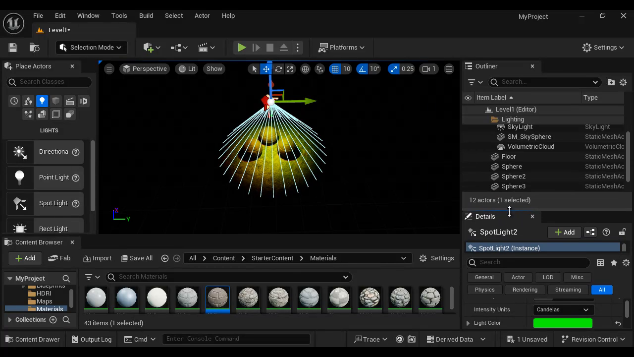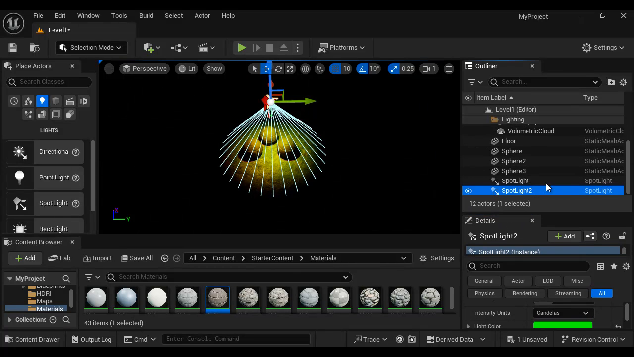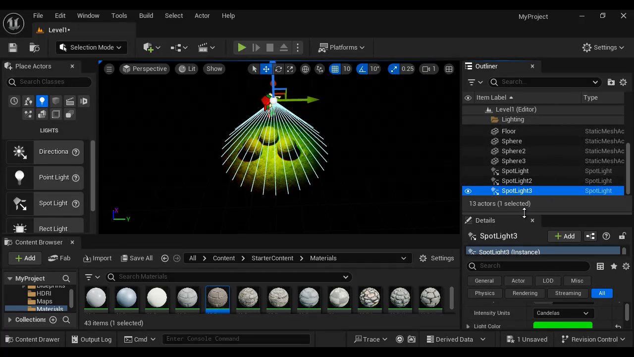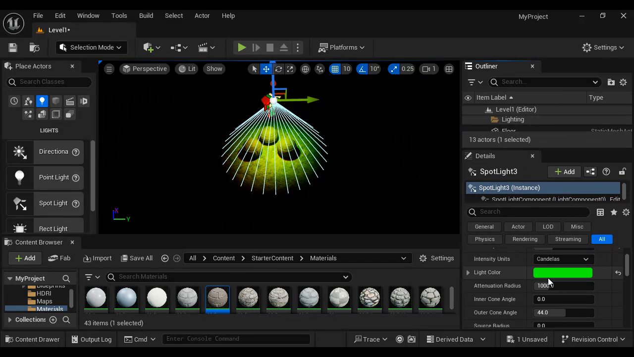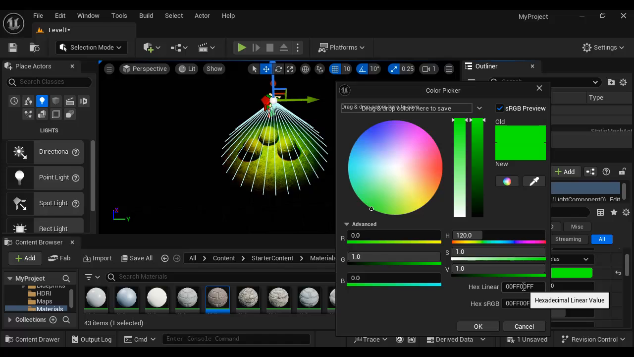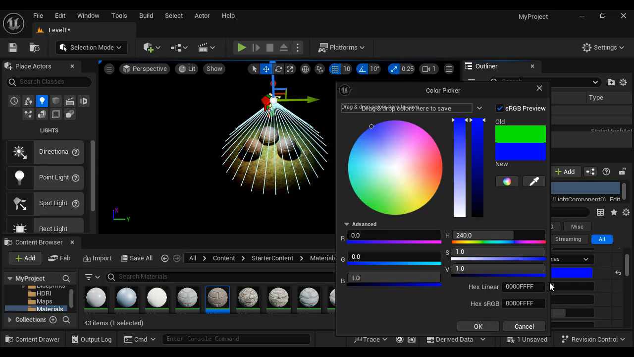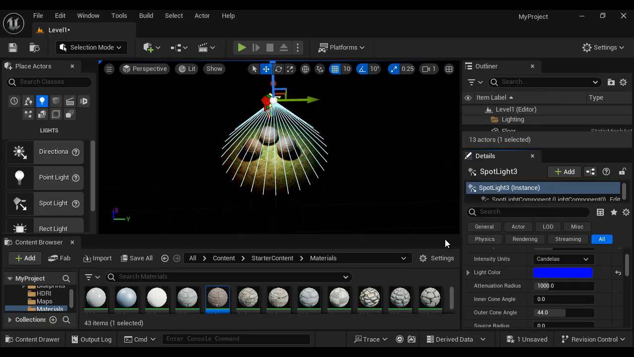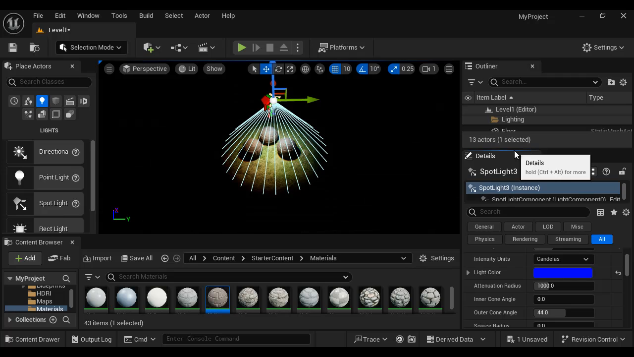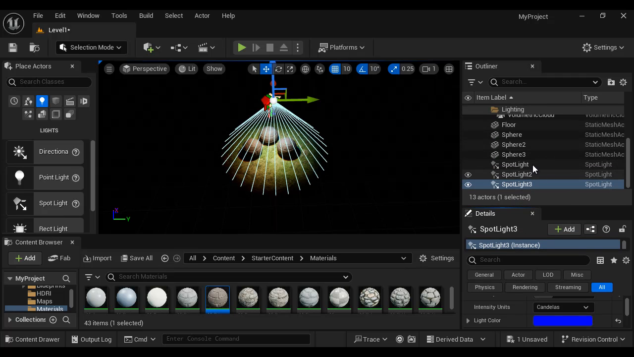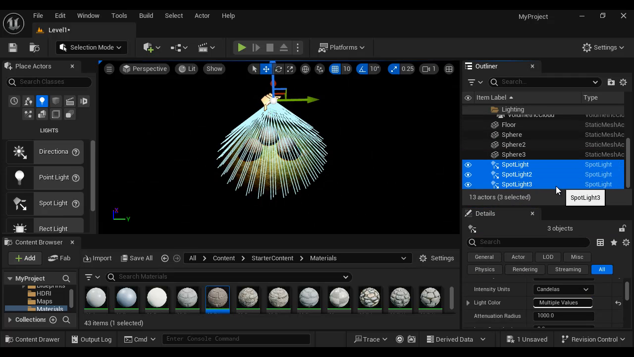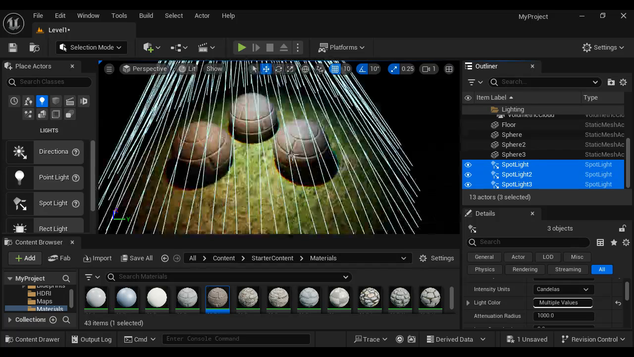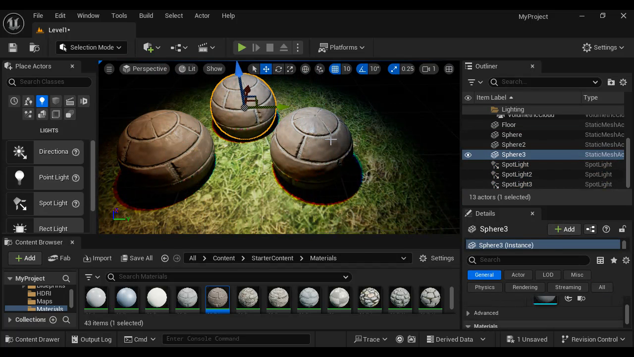I'm going to duplicate again. So spotlight 2, Control D to duplicate. We have spotlight 3 also. Let me change its color to blue. So here I say 0 0, and here I say FF, hit enter. You see we got blue color. Now spotlight 1, spotlight 2, spotlight 3, all these 3 lights are actually affecting these spheres,